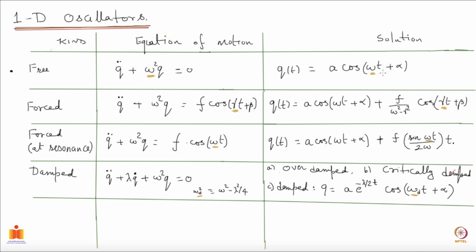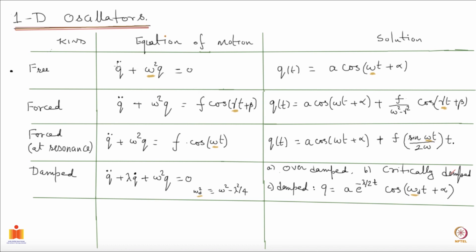t plus alpha. So here the omega is the same as what you have here on the left hand side, and alpha and a depend on your initial conditions, what you choose the initial conditions to be, and of course you can choose your time such that alpha can be removed. Then we talked about